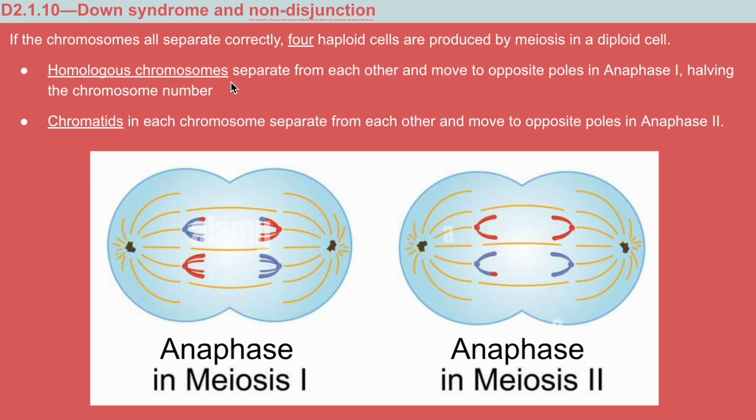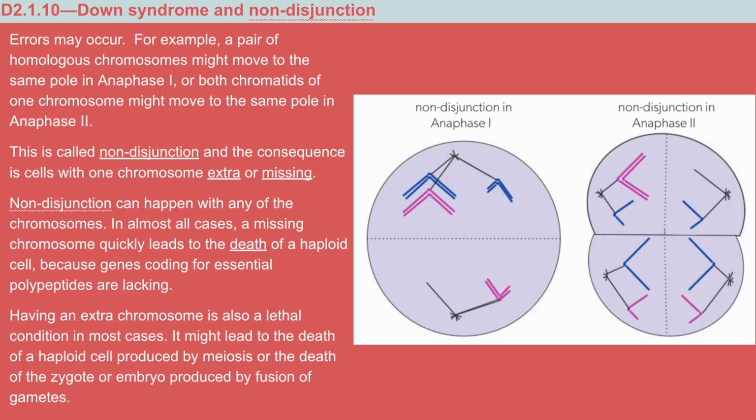Again, at the end of meiosis, we're going to end up with 4 haploid cells. Our homologous chromosomes separate from each other in anaphase 1, and then the chromatids separate in anaphase 2. But sometimes errors occur. Here you can see that both of these homologous chromosomes have moved to one pole. We call this non-disjunction, and in this case we know it's in anaphase 1 because these are homologous pairs that fail to separate. But this can also occur in anaphase 2, because here you can see there are sister chromatids that